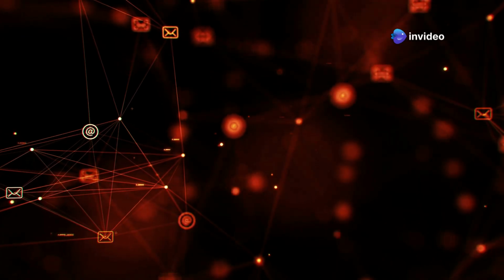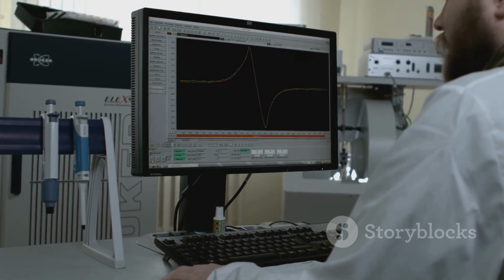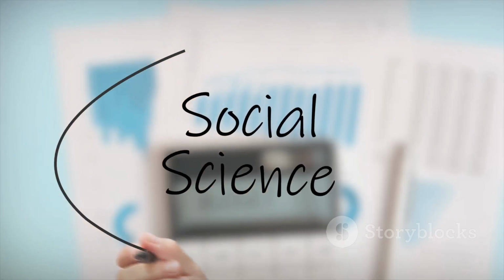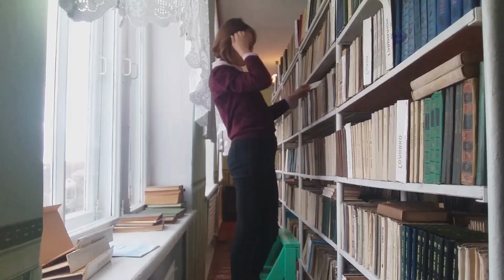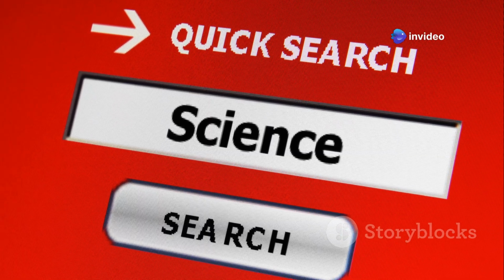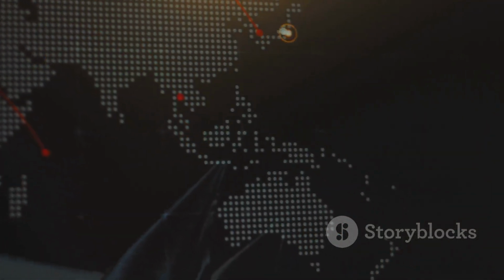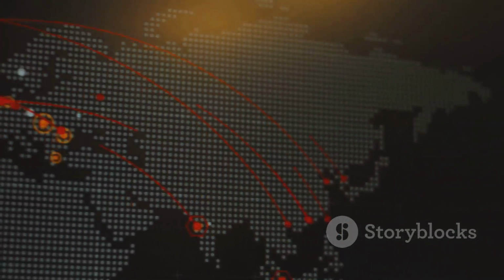Web of Science covers multiple indexes. The most popular among them include the Science Citation Index Expanded, the Social Sciences Citation Index, the Arts and Humanities Citation Index, and the Emerging Sources Citation Index. It also includes regional databases and specialized collections like the Book Citation Index and the Conference Proceedings Citation Index.